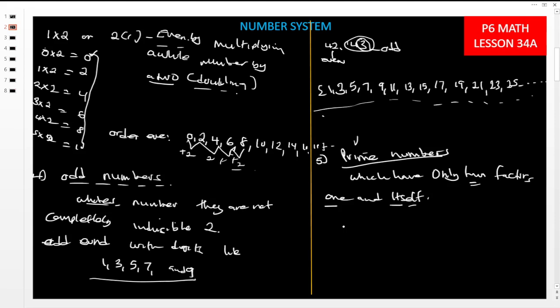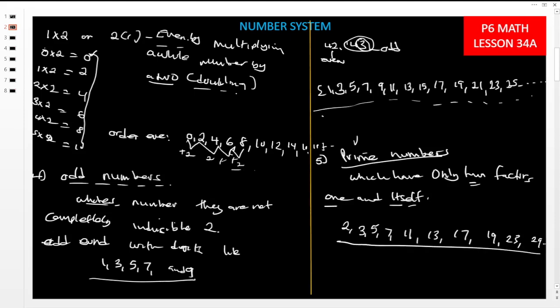The first prime number is 2. Then from 2 we go to 3, then 5, then 7, then 11, 13, 17, 19, 23, 29, and so on. Now when we look at this, some members were guessing the next one to be 9. Oh gosh, 9 is not a prime number, because